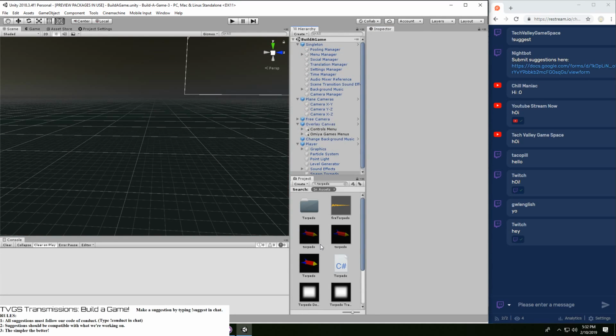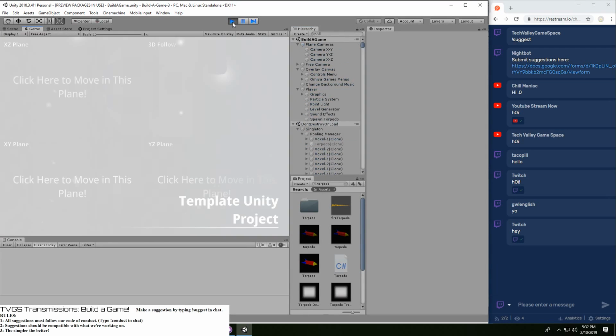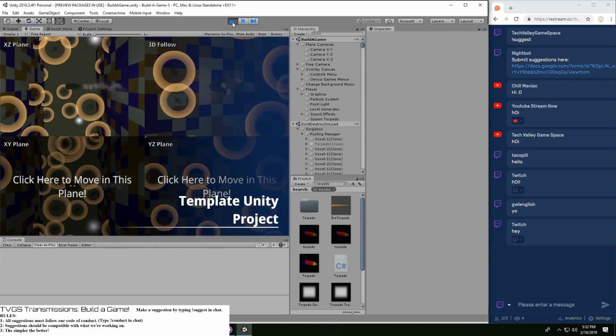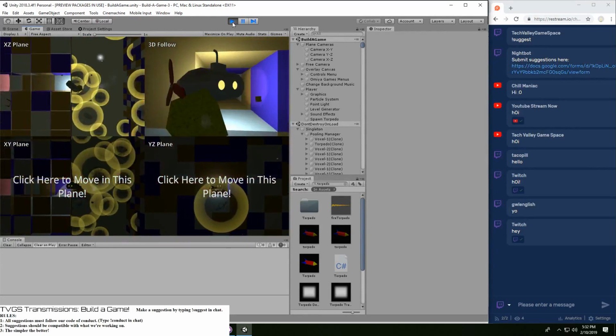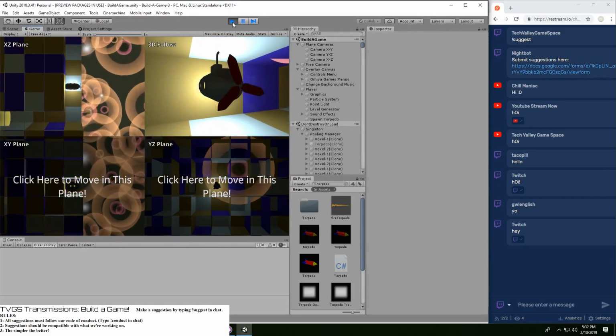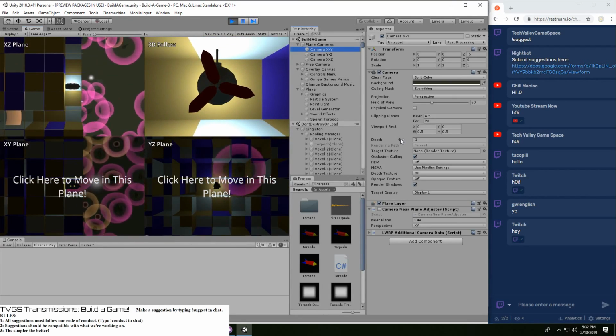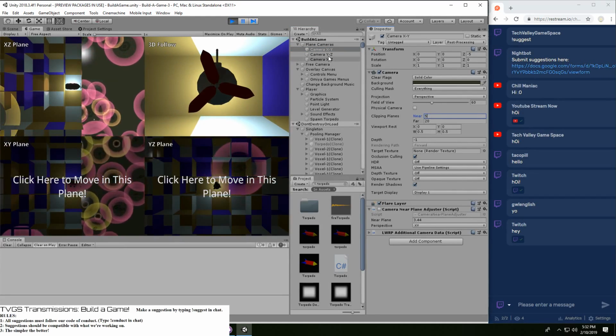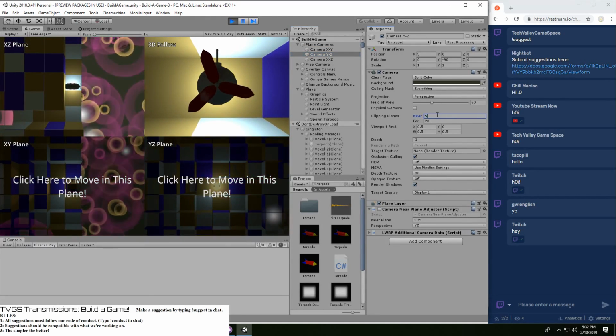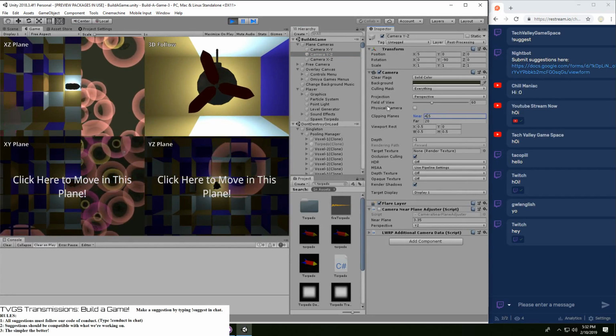Not sure what's going on with the torpedo suddenly not working. Ooh. I'm also kind of curious as to why the camera doesn't seem to work. Oh.